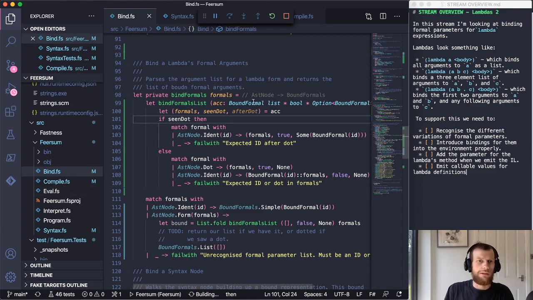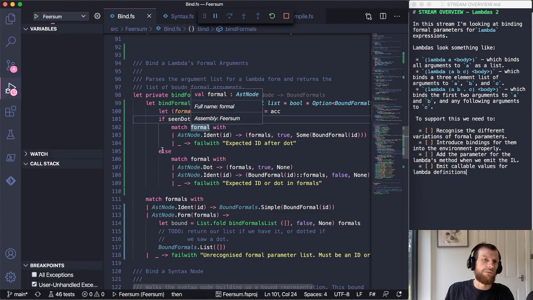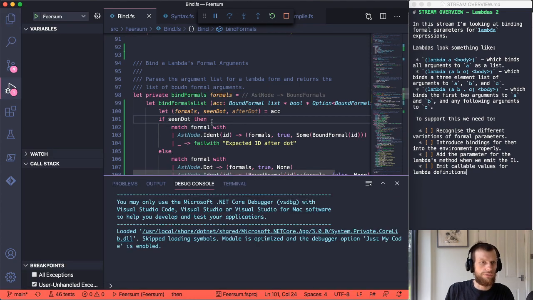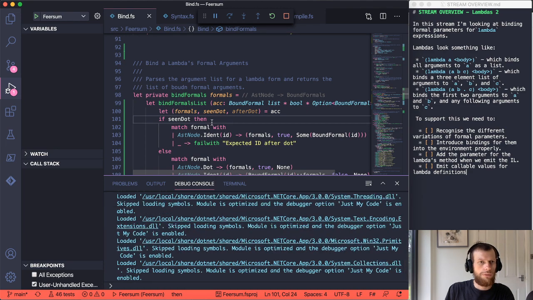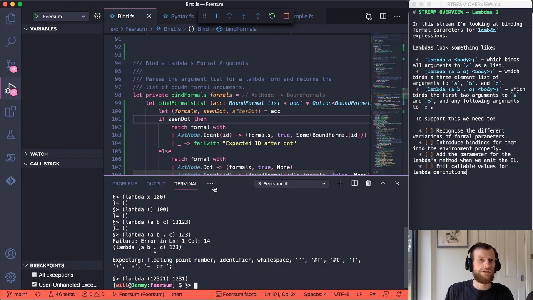So what we'd have to do there is if we have seen the dot and we have any state stored in after dot, then throw. The question is, do we want to do it here on line 101, or would we want to wait and do it after we've recognized that it is or isn't an ident? Not sure from an error reporting point of view which one would be better. So